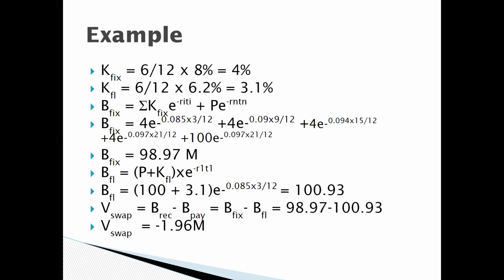Basically, you're finding the present value of principal and interest. As you recall in your fixed income securities course that Kiran Bindu sir taught, he would have taught you to value bonds, right? How did you value bonds? Present value of principal and present value of interest. So you find in this case, floating minus fixed, or in this case, fixed minus floating. Received, always received minus paid. If you do that, you'll get around about 1.96. So basically, you're valuing a swap as a combination of two bonds. One bond you will receive, the other bond you will pay. The difference is the